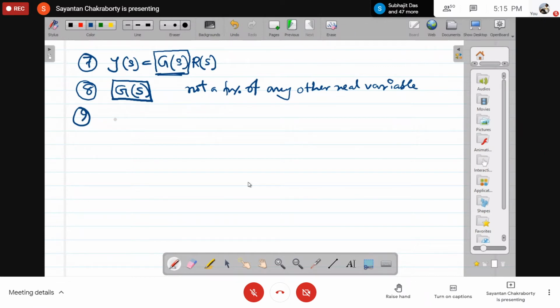Next, the transfer function may include units. It may include a unit, it may not include any unit. If it includes a unit, that unit is necessary to relate the output to the input, and that is the sole purpose of the unit. Okay. However, that particular unit will not provide any information on the physical structure of the system. So it may have some unit, but that is only to express the relation between the output and input, but that doesn't mean it will provide any information regarding the internal structure of the system, because I already have seen from the concept of